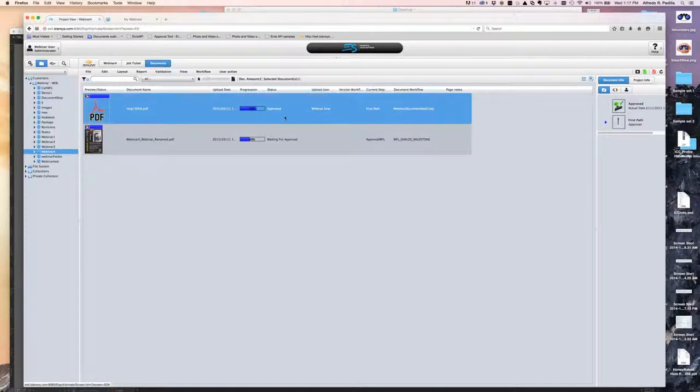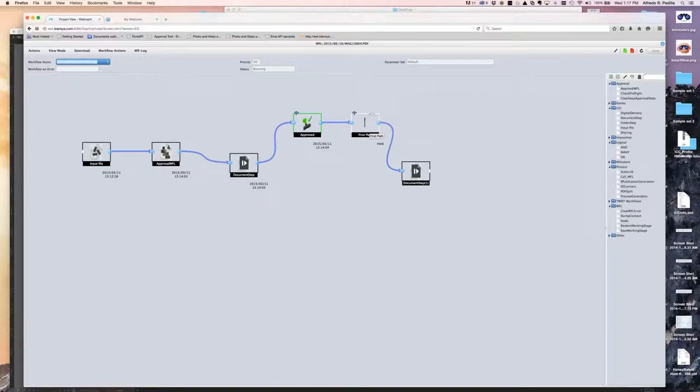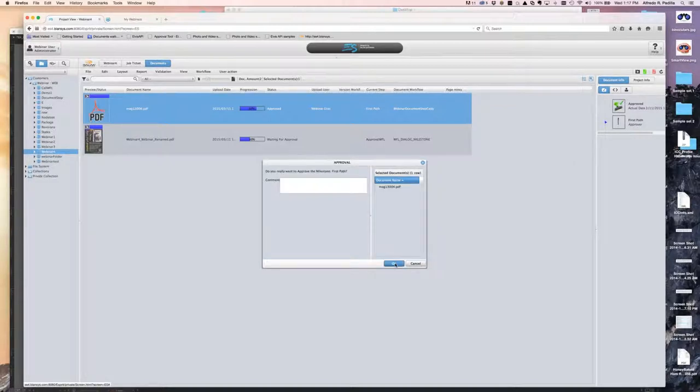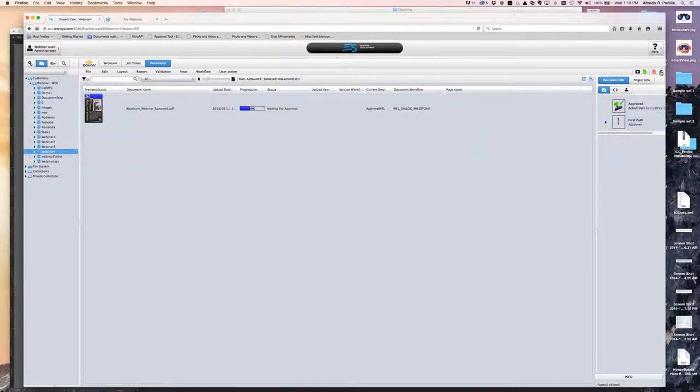Now, if I take this file again, remember I still have my document step at the end. I'm holding it at this milestone here. And if I approve that, step it through, it's going to go ahead and delete that file. So it's just a way to show the two files, not saying that that's any practical use of it, but